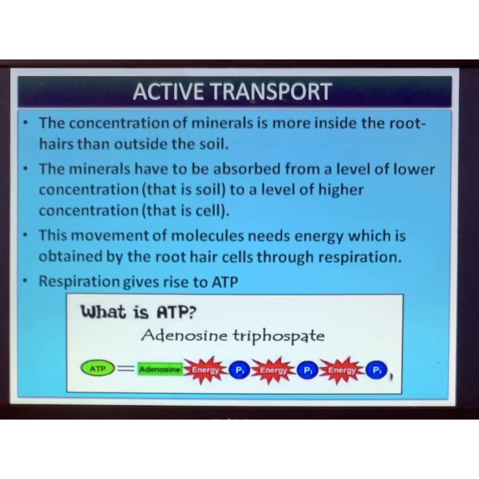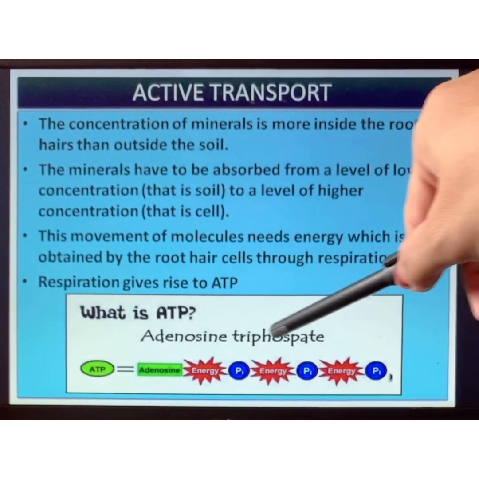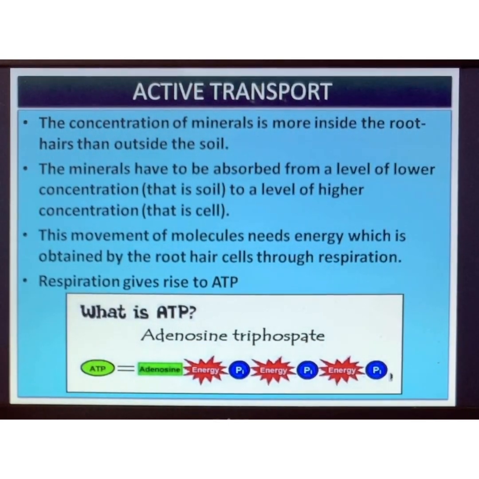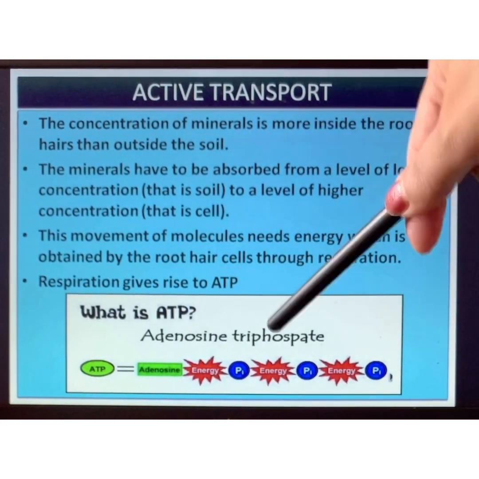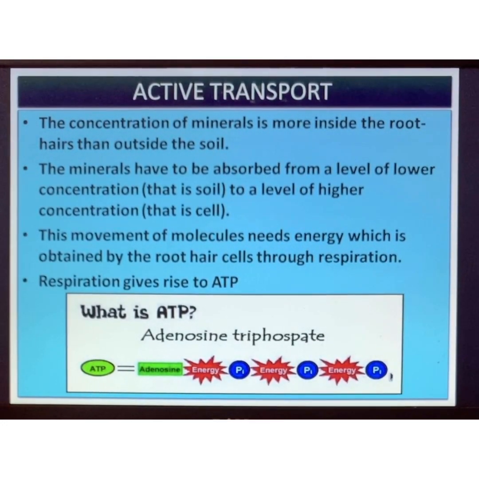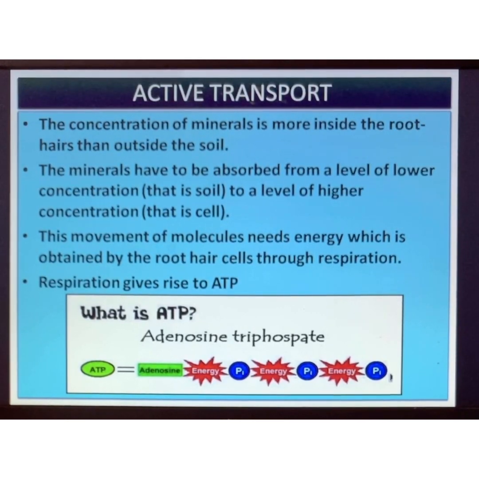Alright, so they keep forming the bond and breaking the bond. By breaking the bond, they release energy, and again they gain energy by forming a triple bond, and it again becomes adenosine triphosphate, right? So this active transport that is happening inside the cells is always after using ATP. The transport will be happening against the concentration gradient.